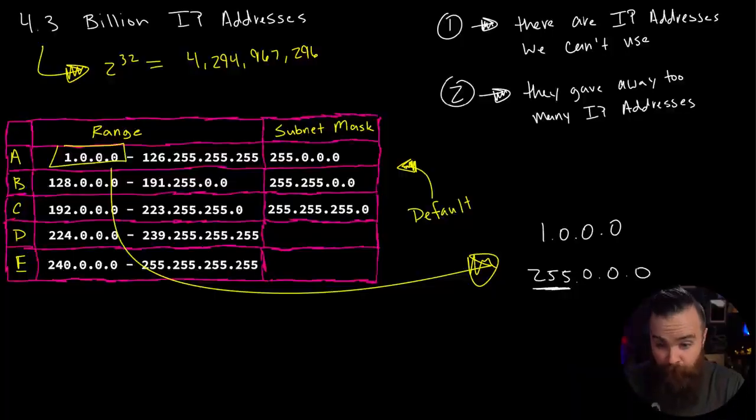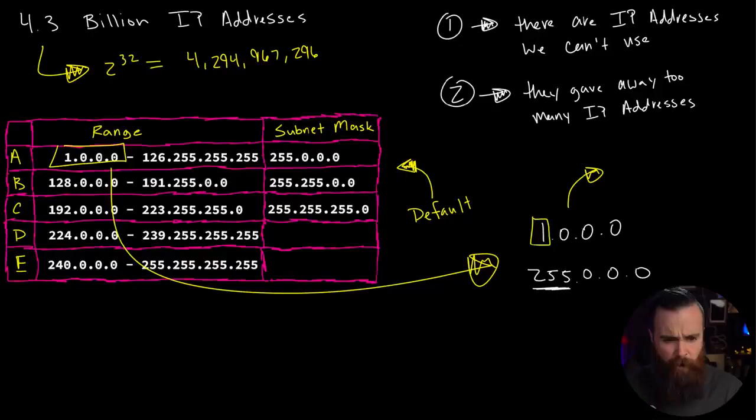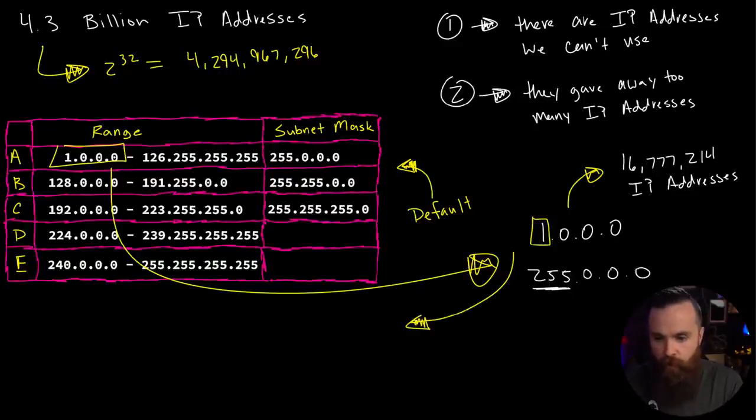Now, that is a pretty stinking big network. Because if we're just keeping the first octet the same, the 1, but everything else can be different, do you know how many addresses that is? I gotta look it up. Oh my goodness, 16,777,214 IP addresses in one network, which is insane,